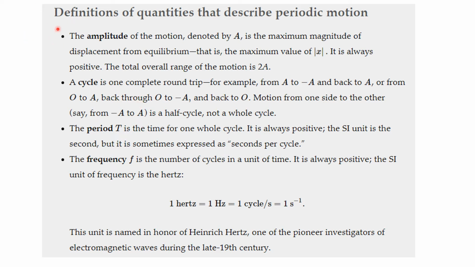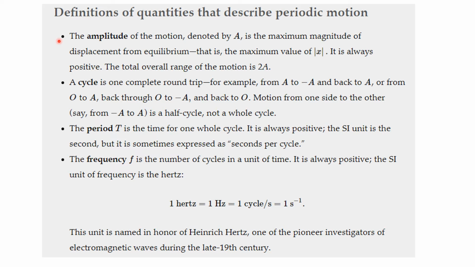More written definitions, I guess. The amplitude of the motion, denoted by A, is the maximum magnitude of displacement from equilibrium. That is, the maximum value of the measure of x, if x is the direction of motion, is always positive. And the overall range of the motion is twice the amplitude, because it goes from a crest down to a